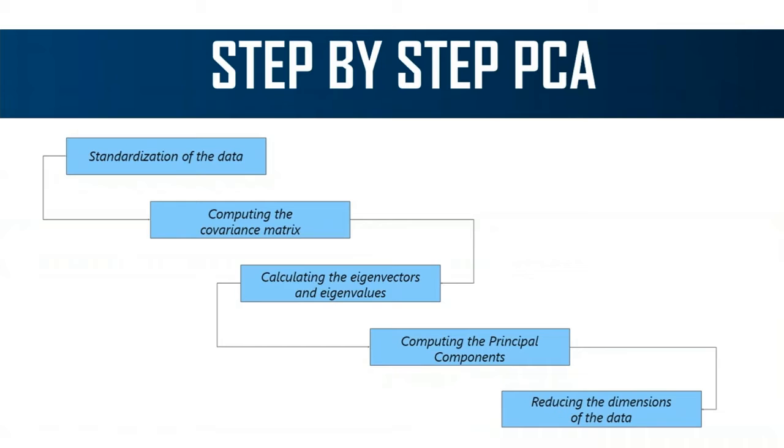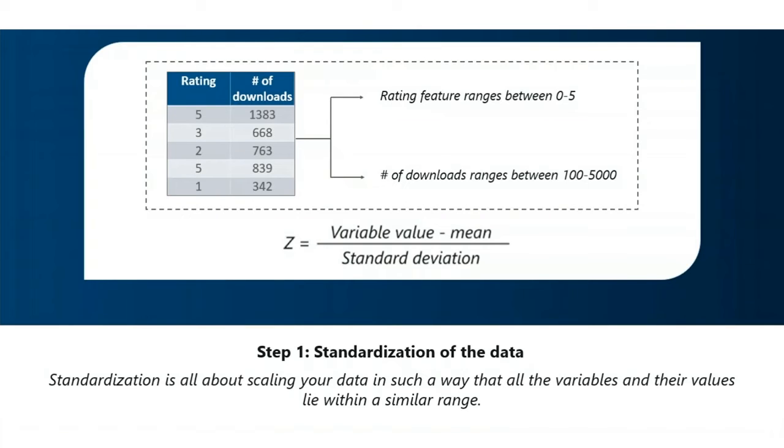Then that will be the final attribute. So that will be the end of our dimensionality reduction methods. These are the following steps in which we will be dealing with principal component analysis: standardization of the data, computing the covariance matrix, then calculating the eigenvalues, then forming the eigenvectors, and then we will compute the principal components, and then we will get the final result.